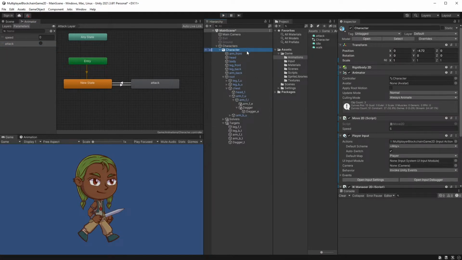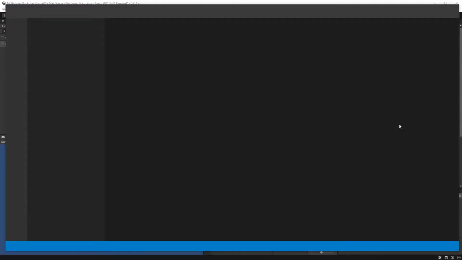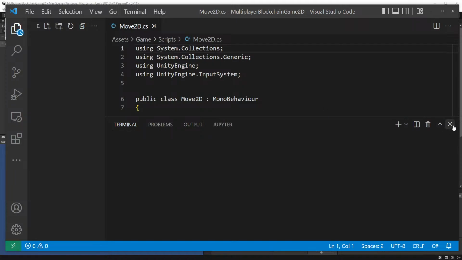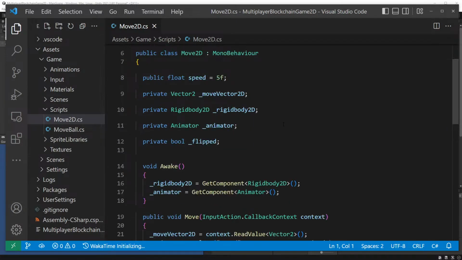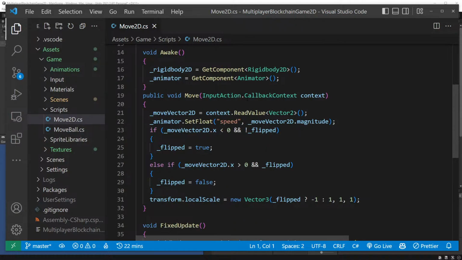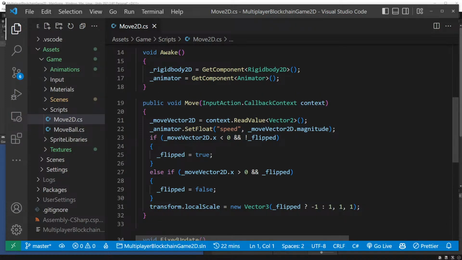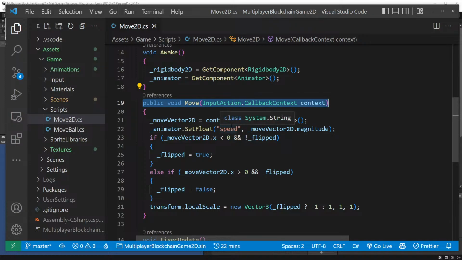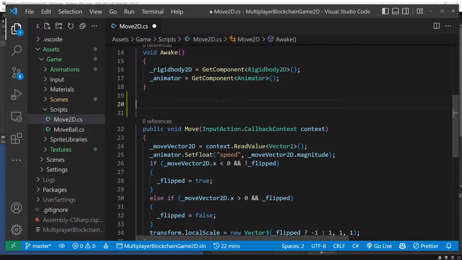Let's click on our character. Let's open our move script. We have our reference to our animator, so we might as well do our attack in here as well, seeing as we've got access to that. And it's very similar to the move. But instead of setting the speed on our animator, we want to set the trigger. So let's just copy our first line of our move, just because I'm lazy,